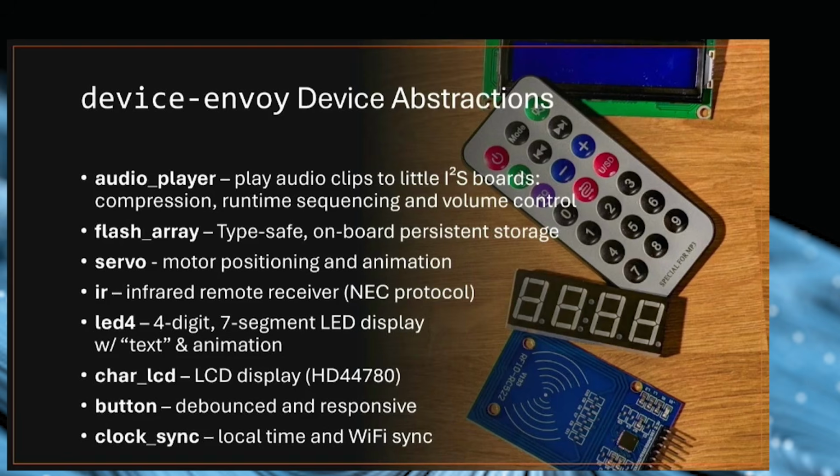There's a flash array device abstraction that gives you type-safe persistent storage into the microcontroller's flash memory. There's a servo device abstraction that lets you position a motor, and just for fun, it supports animation too. So you come up with a whole sequence of angles and times, and it'll do the dance and move them all. There's an infrared receiver